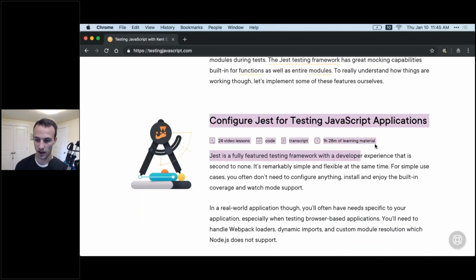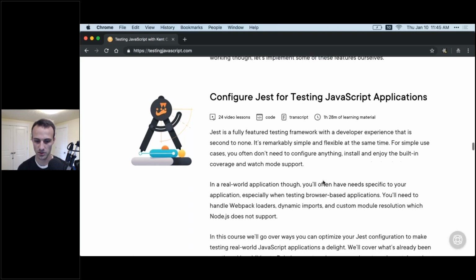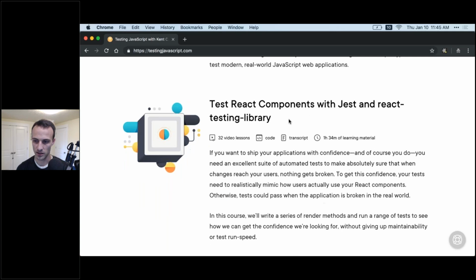I have this 1.5-hour course on how to configure Jest for modern real-world applications. Typically, Jest doesn't need to be configured a whole lot. You can do a lot of stuff without configuring it, but in any practical application, there's a lot of stuff that you can do to optimize it. And then Cypress, and then we wrap up with